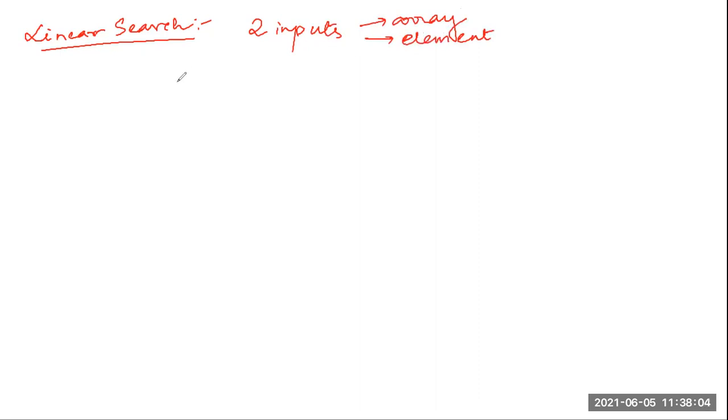So suppose I am using one search function. In that search function, how many inputs will I give? I will give two inputs. One input will be the array. Suppose my array is of integers. Another input will be the element with which I am searching for. Suppose if I have an integer array, my element which I am searching for will also be an integer. Otherwise, I won't get it in the array. It may happen I won't get it. But at least the data type must be the same in order to initiate the search process.